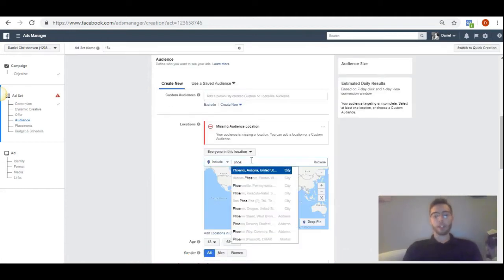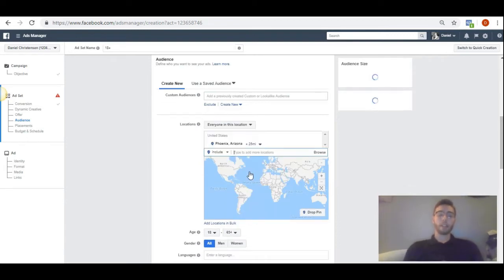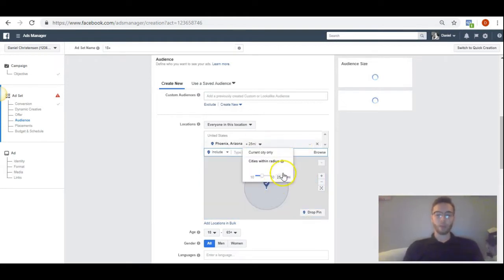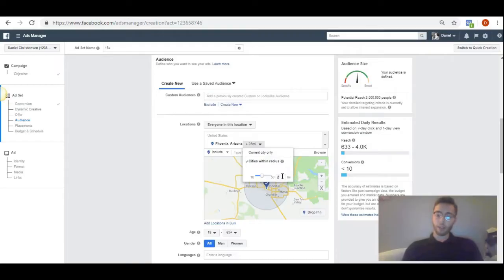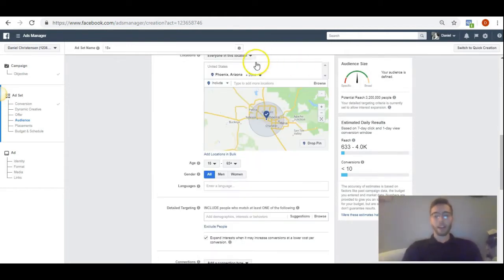Okay, so say I'm a gym owner and I'm looking for new clients in Phoenix, and I'm only looking, say, in a 20-mile radius. I don't want it to be too far out. So you can change the radius here, which is great. And I'm going to say the ages are fine, 18 to 65 plus. We'll just leave that wide open for now because we never know what kind of numbers we're going to get